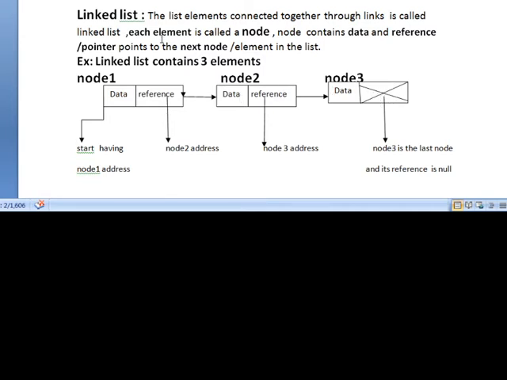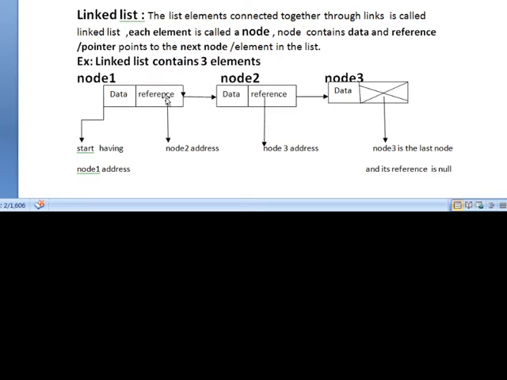Now what is a linked list? List elements connected together through links. These are the links. This is link 1, this is link 2. This link is used to connect these two self-referential structures, and again this link is used to link these two self-referential structures. That means the list contains several elements.